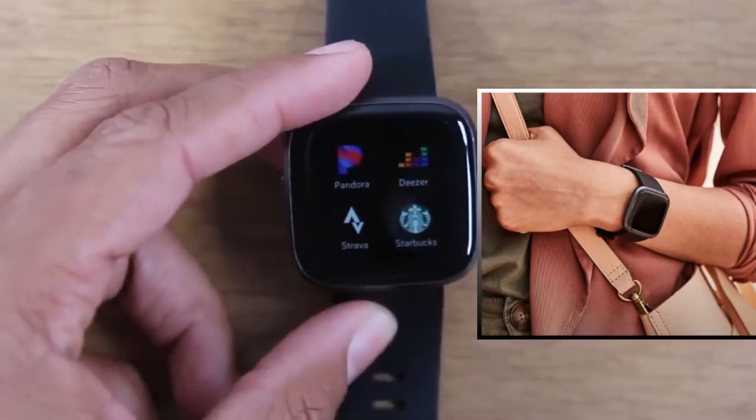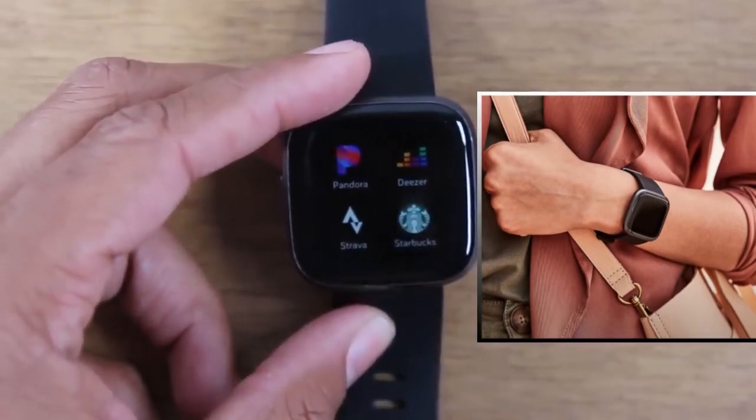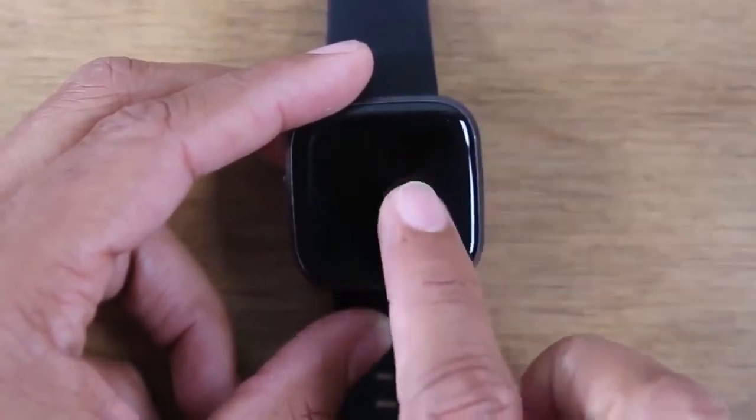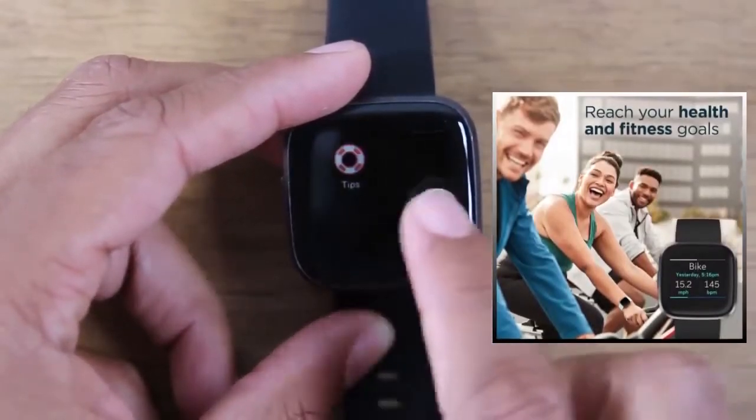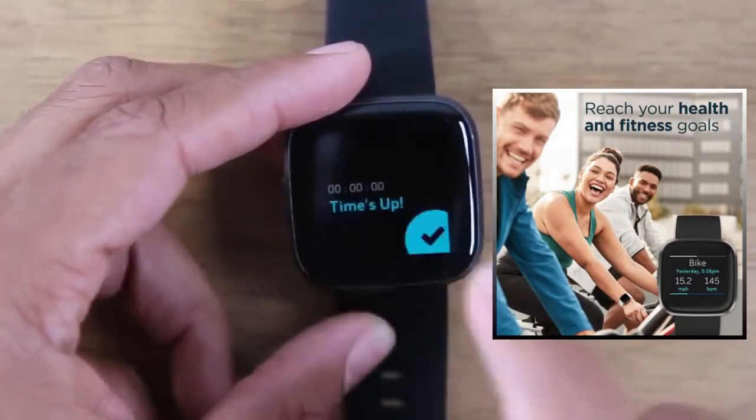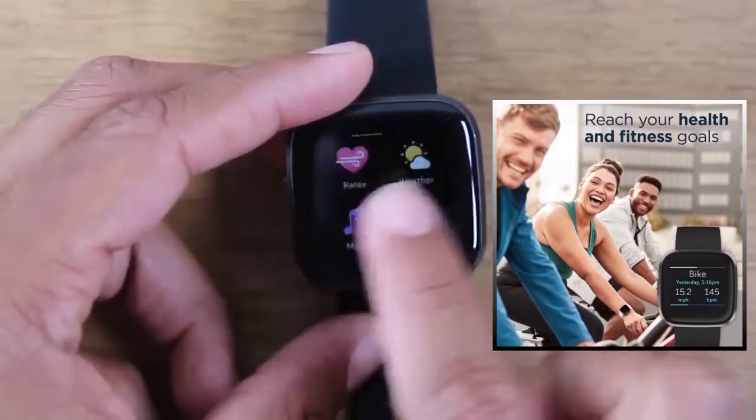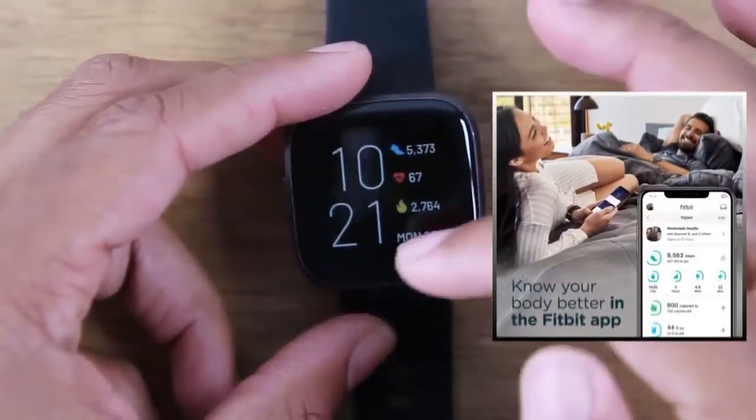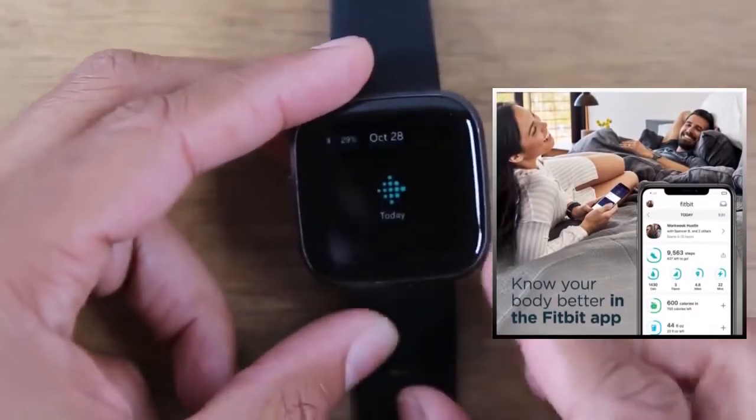And I'll go over a little later in the video actually how you download apps and where you go to do that. And yeah, so just swiping all the way that way just takes you to the different apps that are on the phone. Now, when you're on the main screen here, you can swipe up and this will take you to